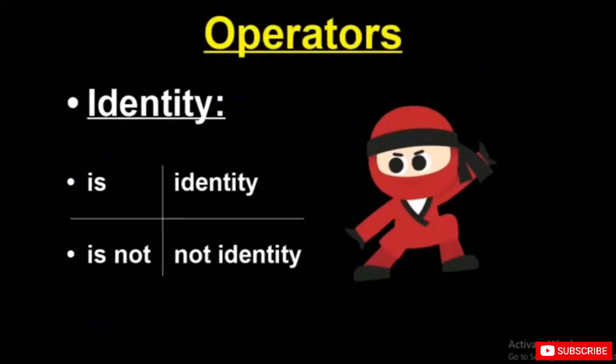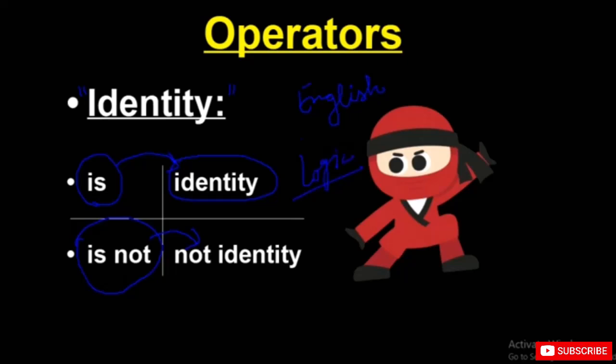Now finally the identity. Identity is going to tell us whether it is identified in the particular element of the set or the list, or in the particular statement. Well, we can use it in multiple ways and for multiple things. So it is identified, or it is not identified. As I have said, Python is just English-like. You have to add the logic for sure, but it's easy to grasp. If you understand the basics of English and the basics of logic, you can grasp it quite easily. So now let's see the practical for all these.